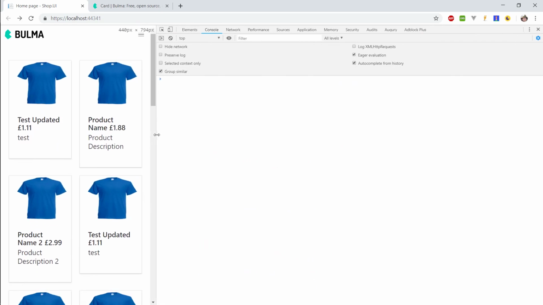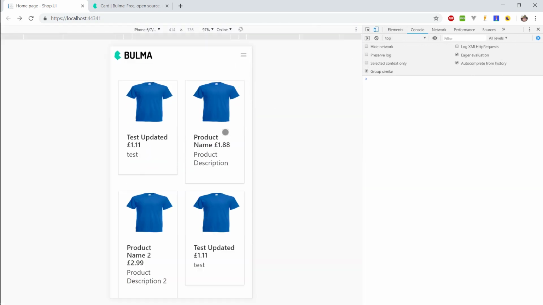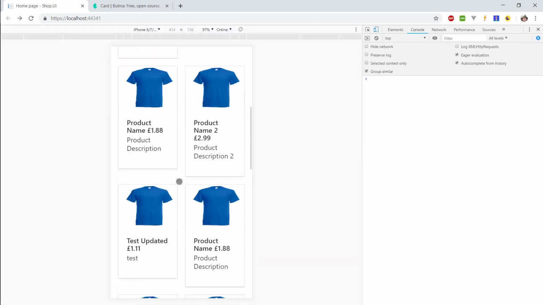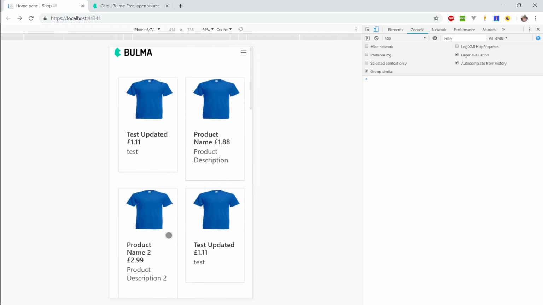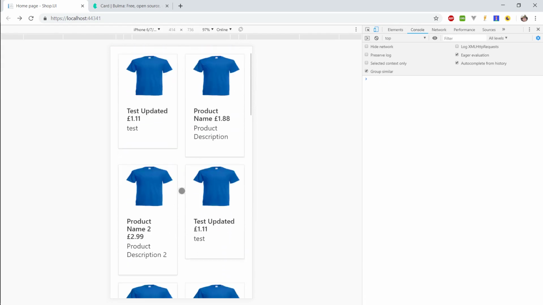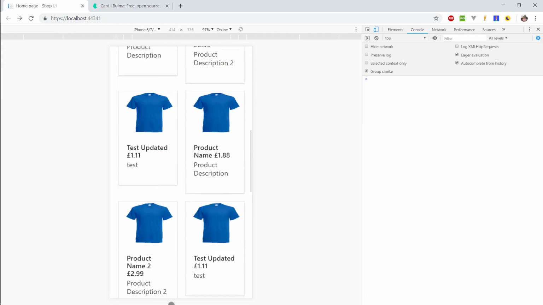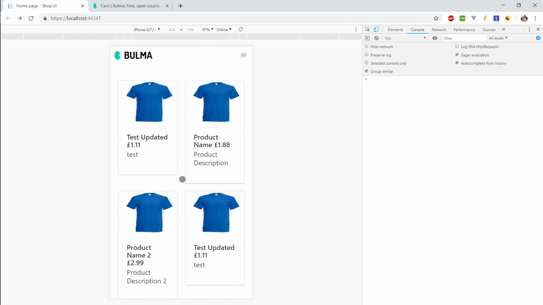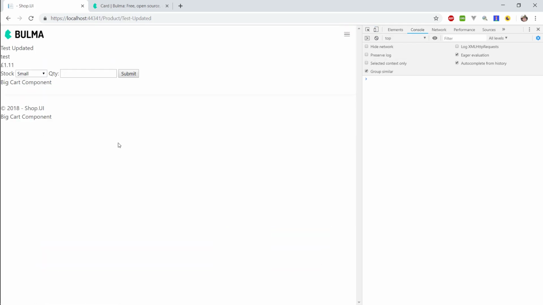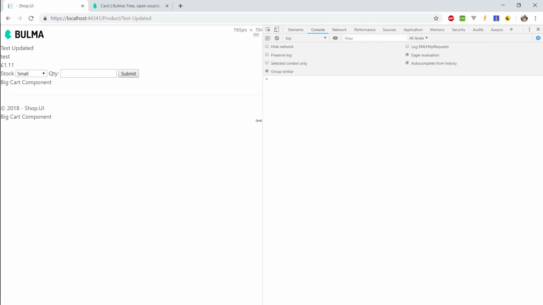So responsive shop. Let's see what it looks like on mobile. Cool. Your regular old shop. Yeah, man. Looks nice. I'd buy this. I'd buy this t-shirt. All right, so let's go into our product page,